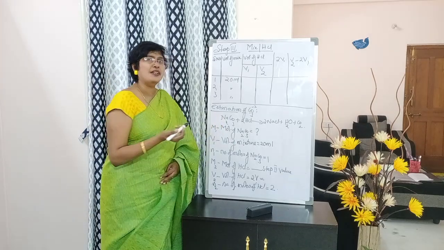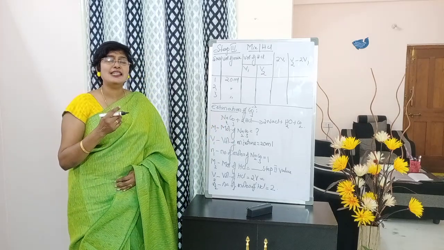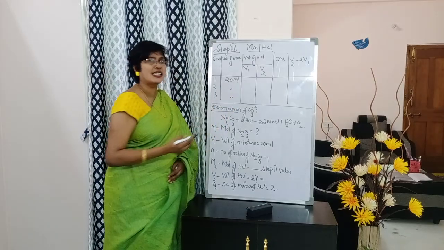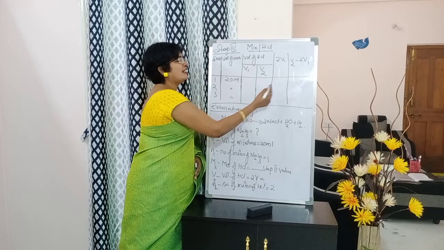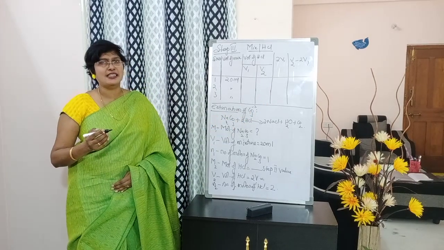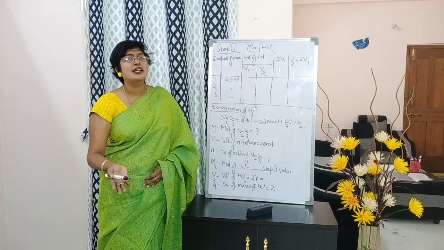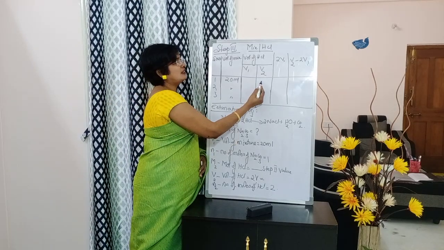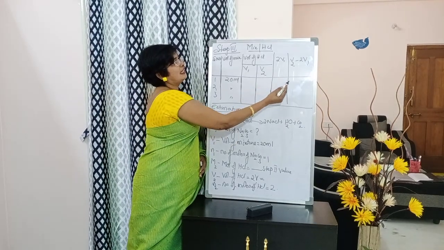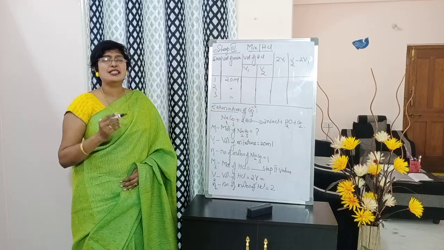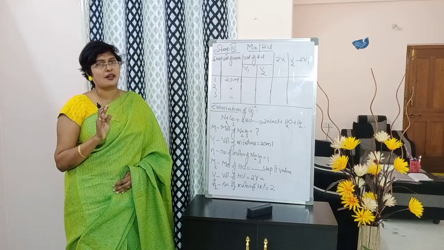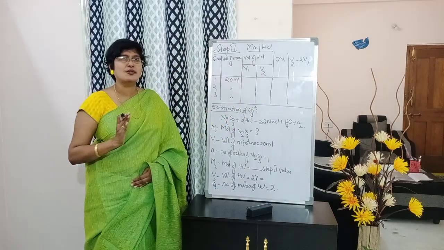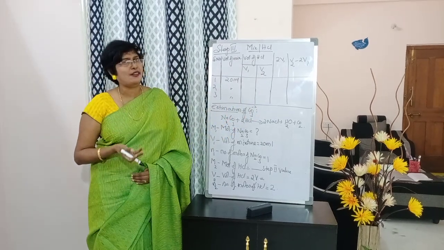So, 2V1 and V2 minus 2V1, that we will do calculation on our own. For example, V1 is 9 here. We will write 2 into 9, 18, like that. If it is 10, 2 into 10, 20. Okay? So, after getting V2 value, this last column, V2 minus 2V1, is a simple calculation, those last two columns. Okay? Don't worry about that. These two from the experiment we will get, students. Those two we will calculate on our own.